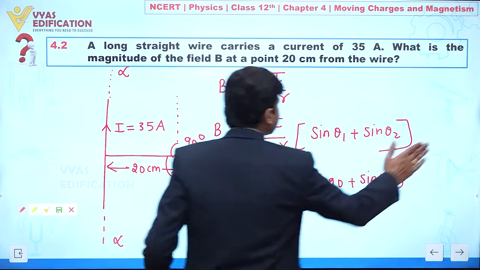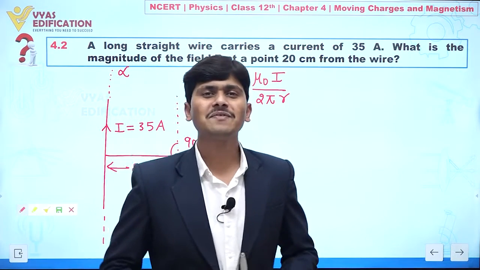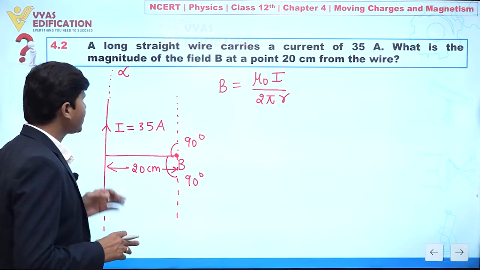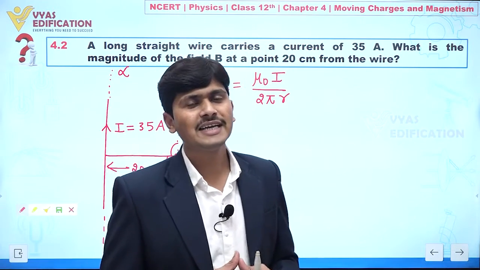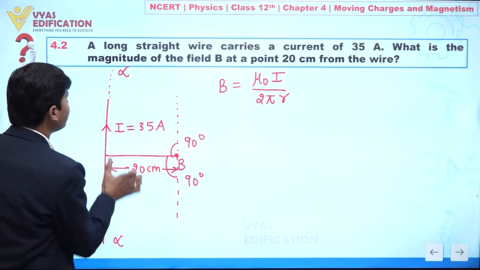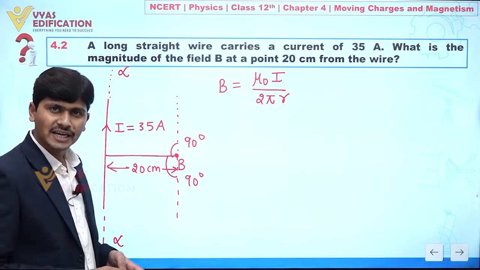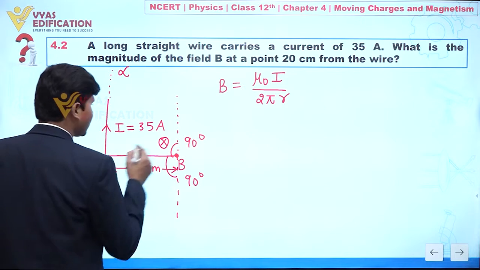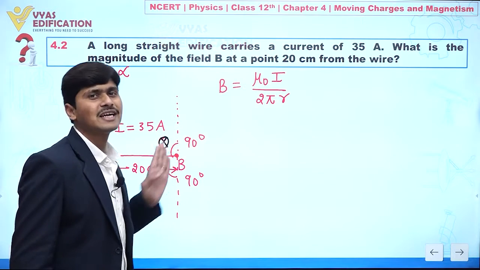Now concentrate, come to the solution of this question. Always keep in mind, magnetic field is a vector quantity. It is always associated with direction. So how can we find the direction here? Actually, the direction of a magnetic field is determined by using the right hand thumb rule. If the thumb indicates the direction of the current, then the curling fingers represent the direction of the magnetic field. So the magnetic field direction is given by this cross. The direction of this magnetic field is represented by a cross, it means perpendicular inward.